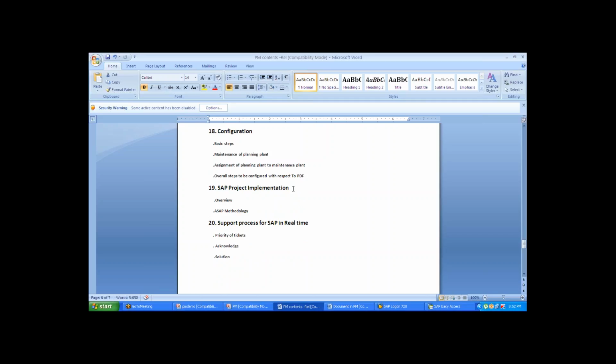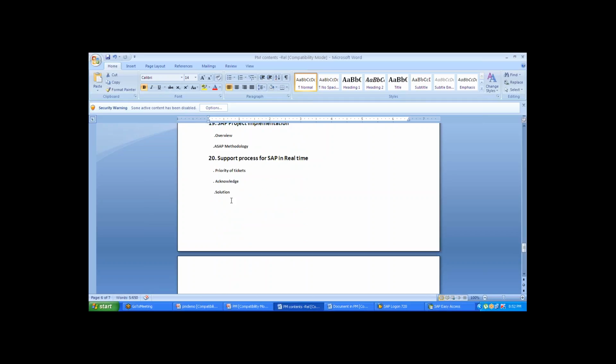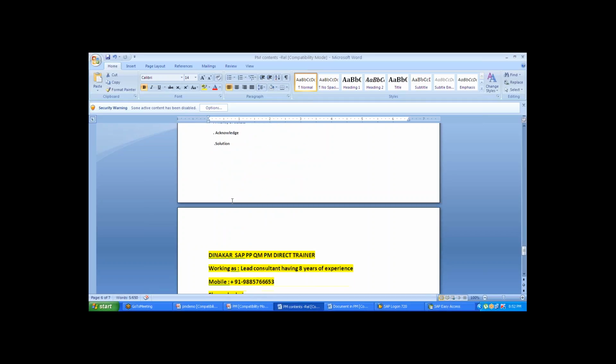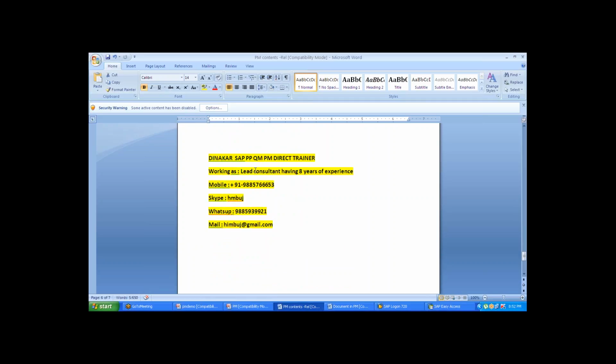project implementation and support project, meaning what methodology we use during project implementation, or in a support project how we get tickets, what the priority of tickets is, how we acknowledge them, how you give a solution, all these things I will be letting you know. So these are my details, you can just go through them,